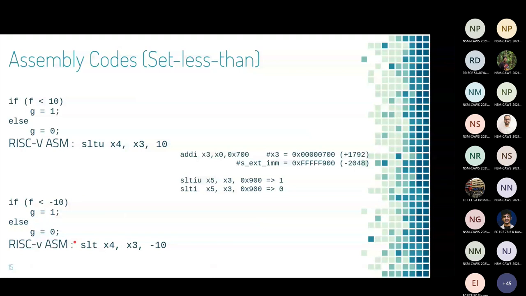So this is an example of the difference between how SLTIU and SLTI operate. For example, what you're doing here is you're initializing x3 with the value 0x700. Now, if you have an immediate value of 0x900, which you want to compare with 700 hex, the sign extension of this value is FFFFF900. Now, if I check x3,